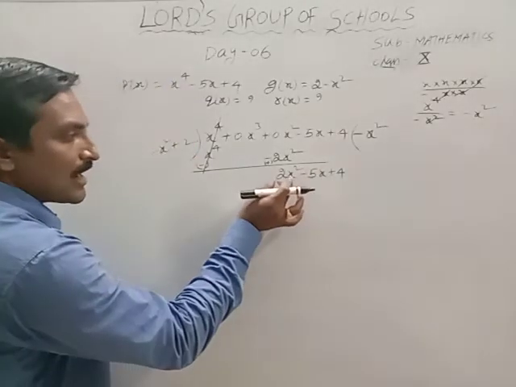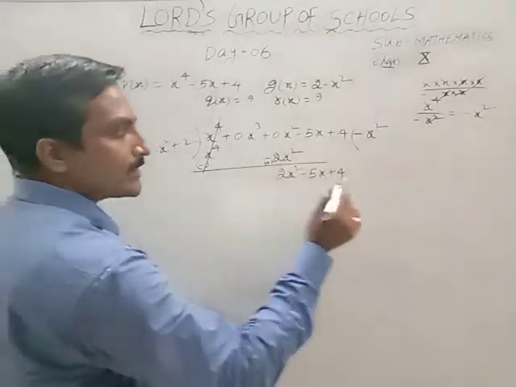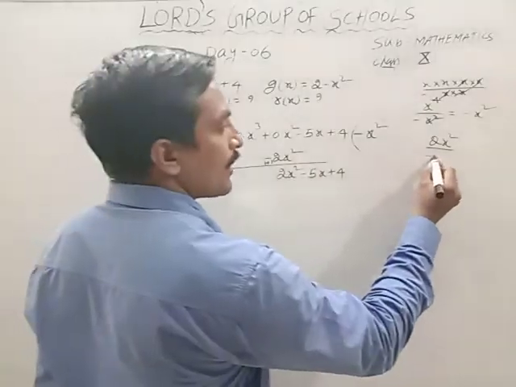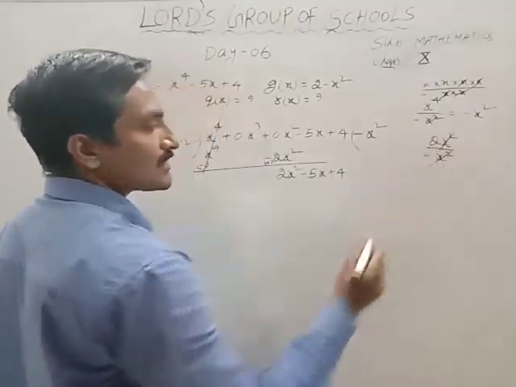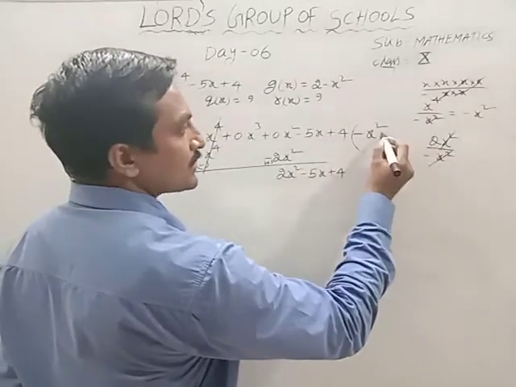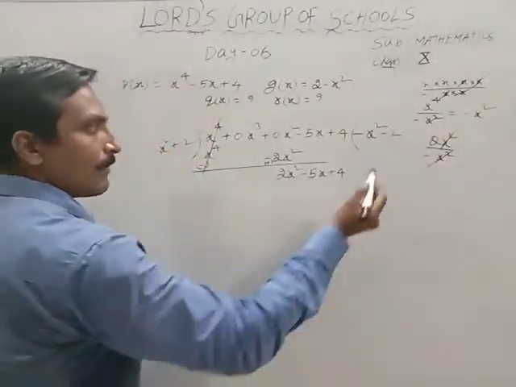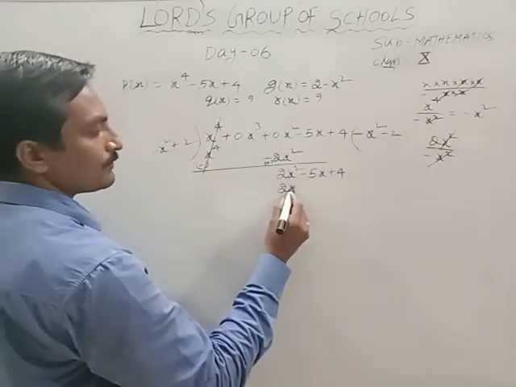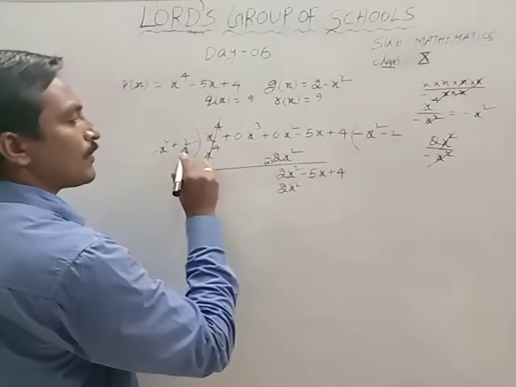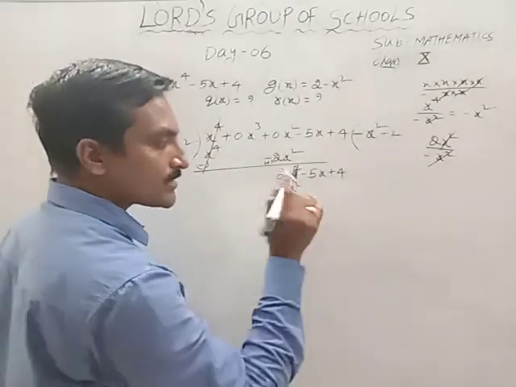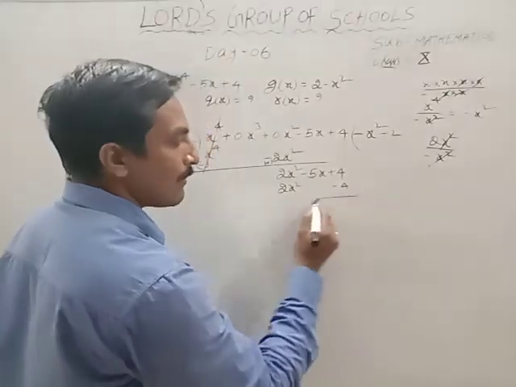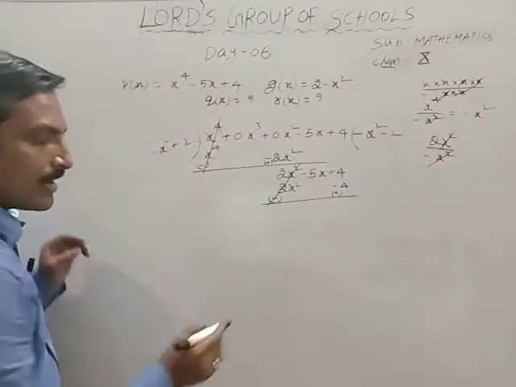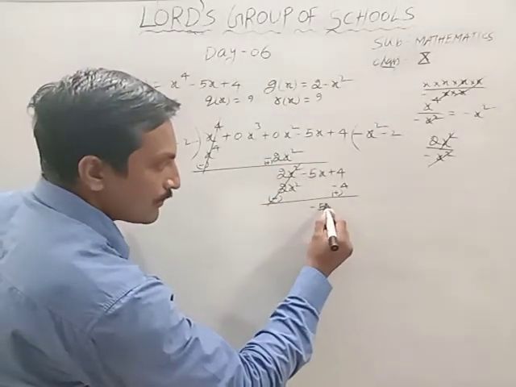In this case, here the first term is 2x square. This is divided by the divisor first term, minus x square. X square will be cancelled, and minus 2 is left. Minus 2 you have to write. Minus into minus plus, 2 into x square, 2x square. Minus 2 into plus 2, minus 4. The constant, that constant you have to write down only. Minus 4, minus plus, these two will be cancelled. Here minus 5x as it is you have to carry down.